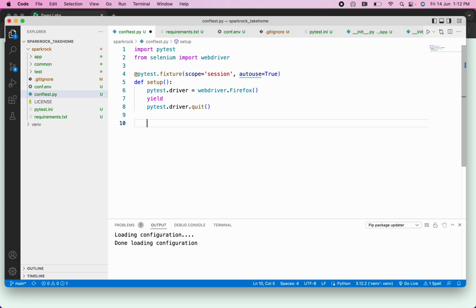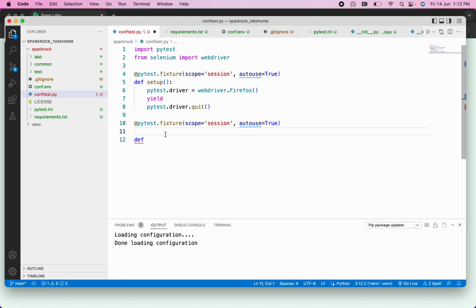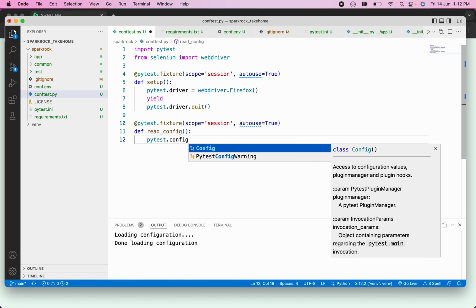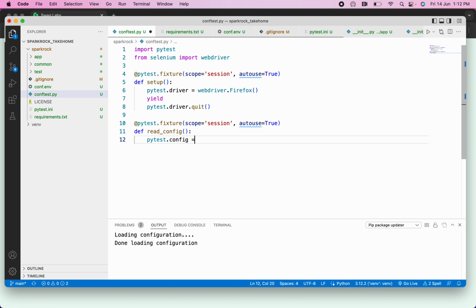Okay, perfectly fine. So the next fixture would be to have a function fixture to read the config file. Okay, so let's create that. pytest.config, it's an empty directory with